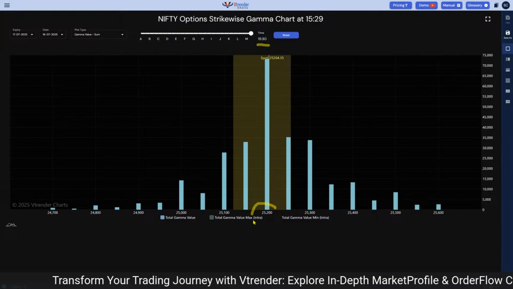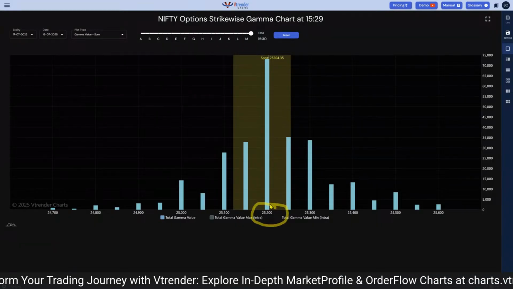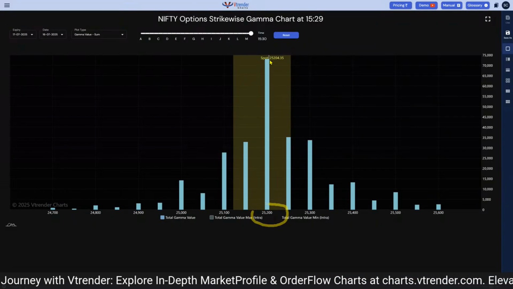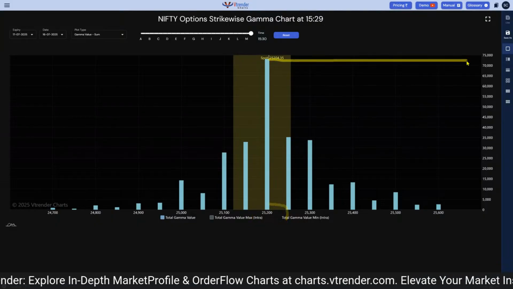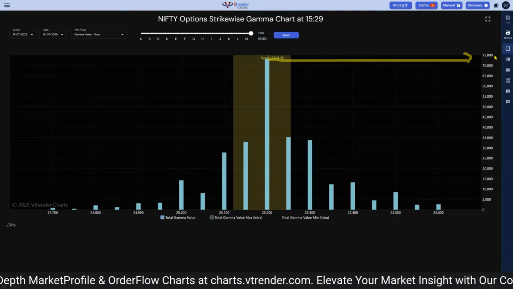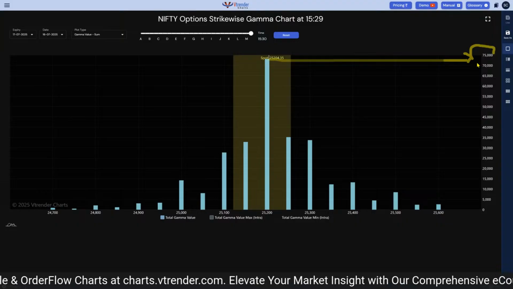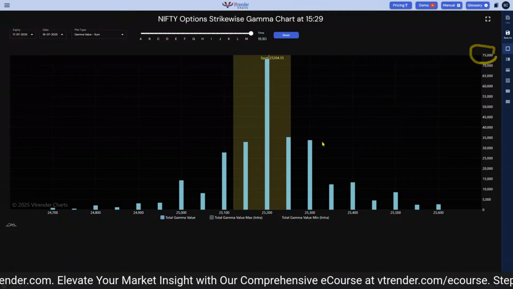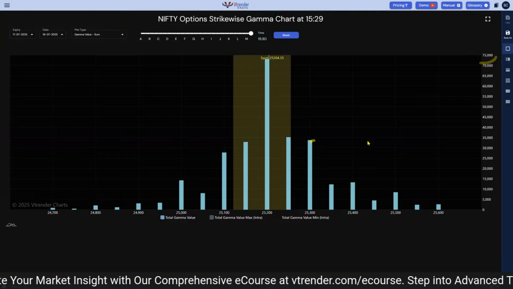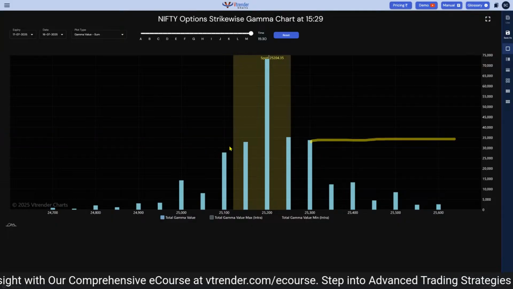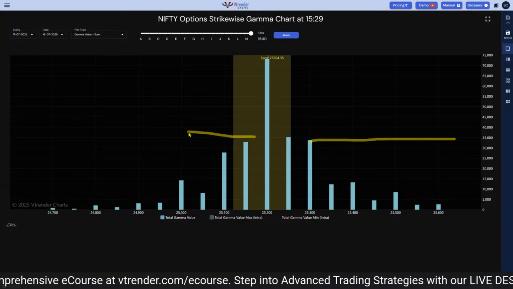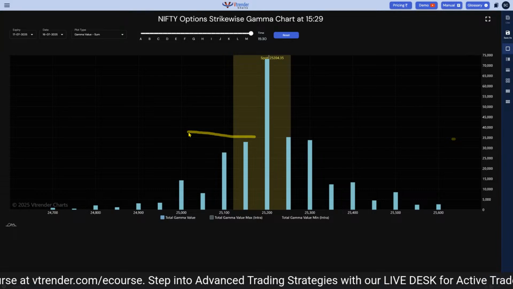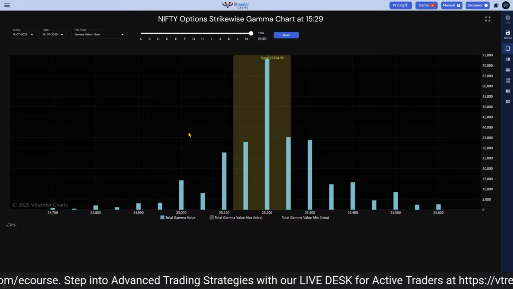Now, why was this significant and why did I post it? Because this gamma at 25,200, it said 75,000. This number by itself is not really an important number. It's relative to the rest of the market, but it told me that it was twice of what was there on other strikes. So this is significant. So sometimes we say the market whispers. Sometimes we say the market shouts loud.